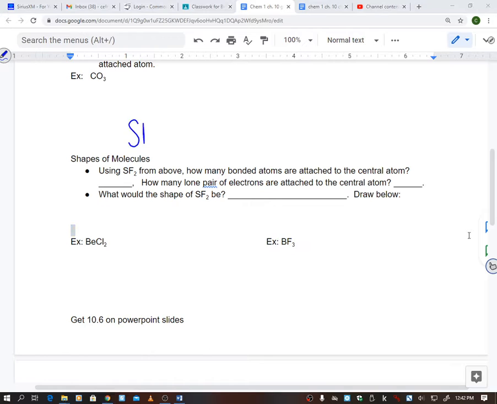So if I have SF2, there's 6, 14, I have 20 electrons altogether. So I'm going to attach my 2, and there's 2, 4, 6, 8, 10, 12, 14, 16, 18, 20. All right, so we're looking at that. Using SF2 from above, how many bonded atoms are attached to the central